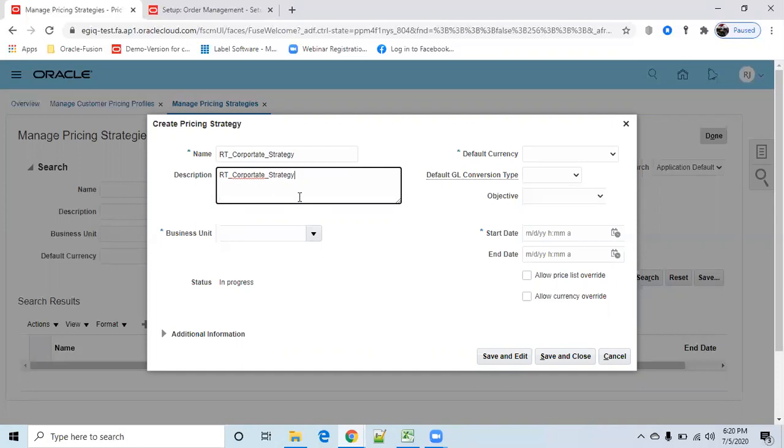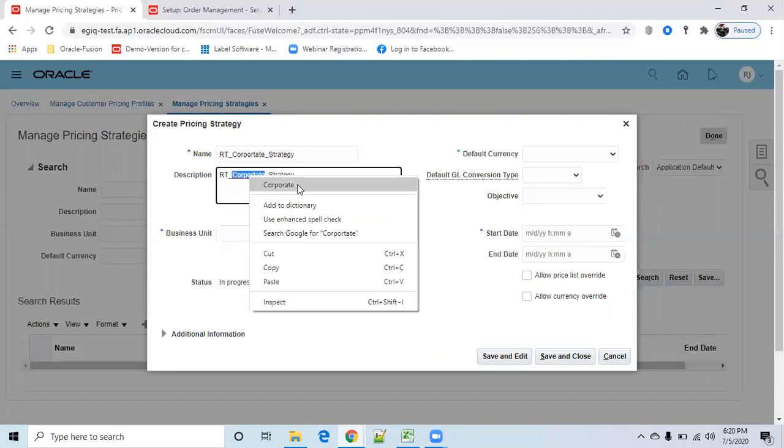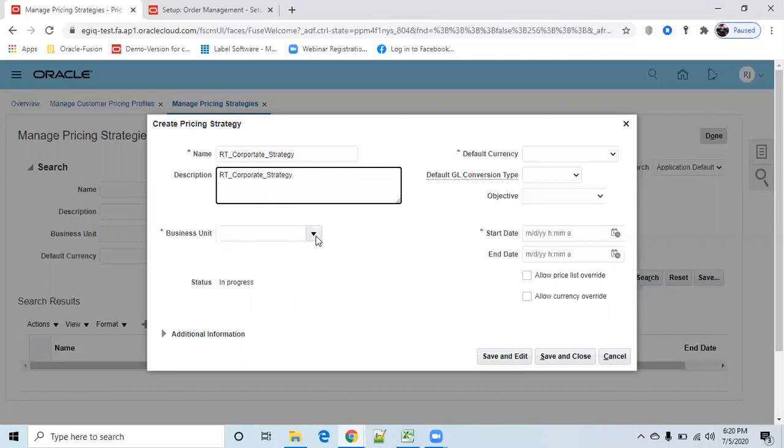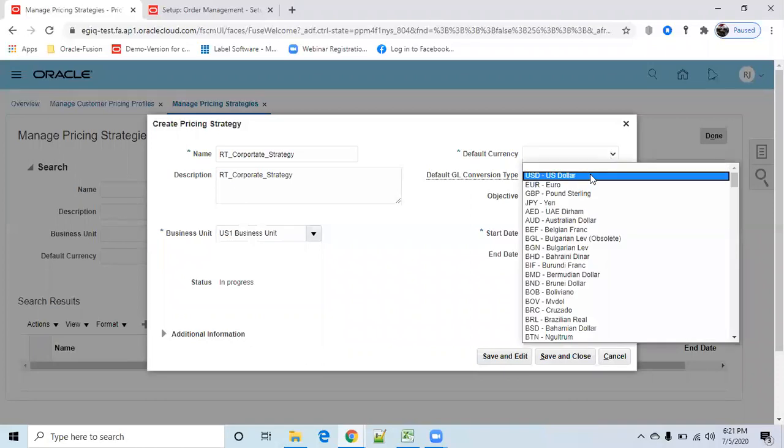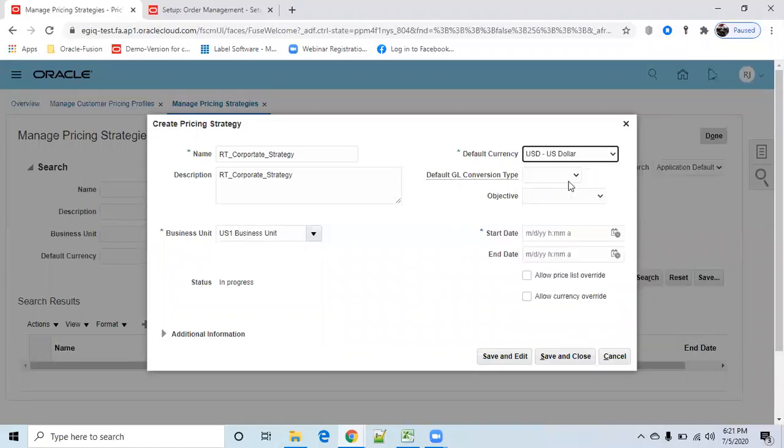So far we have not created any price lists, so let us see whether the system will suggest us. The business unit I have selected is US1. The default currency is USD dollar, and GL conversion rate I'm taking as corporate. The objective here is just for reporting purposes, and it doesn't have any significance here.